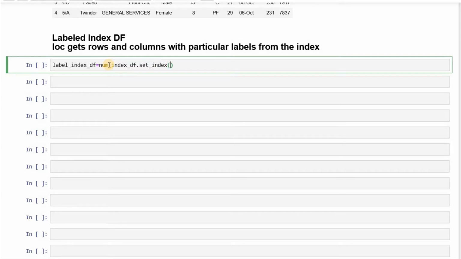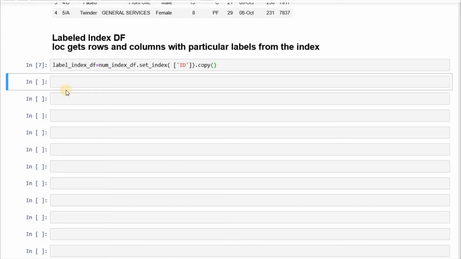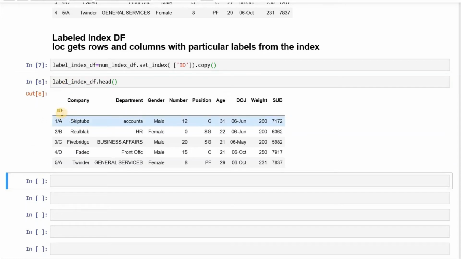Set index, we'll make id the index, dot copy. Let's see, index dot head. Here we can see id is the index and it is a labeled index. It's not numeric, it has labels.